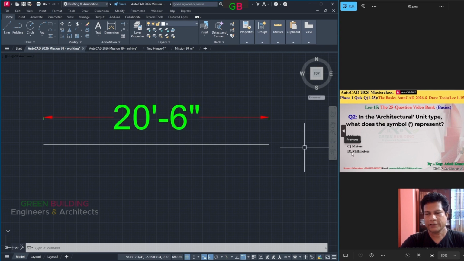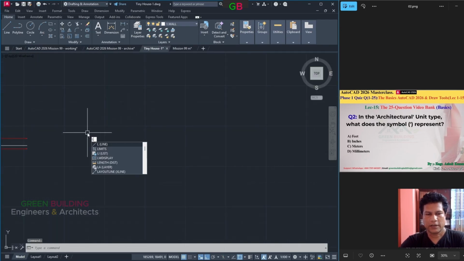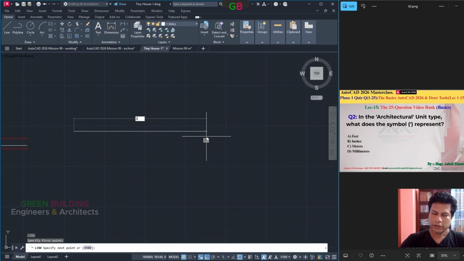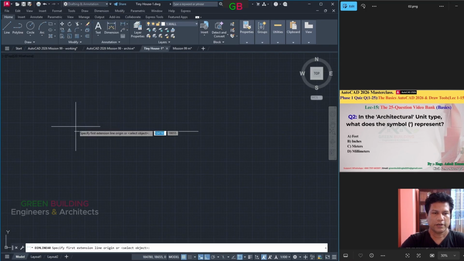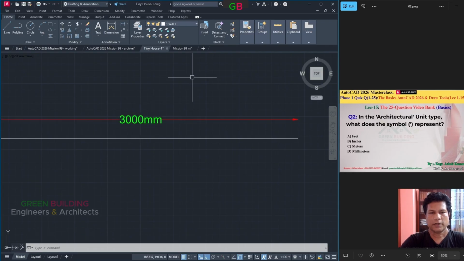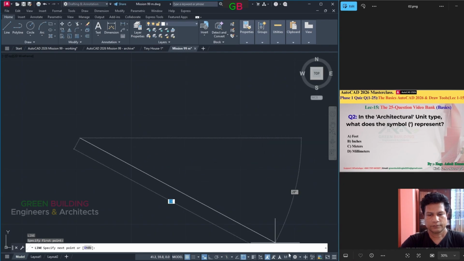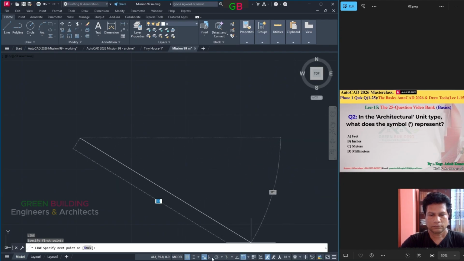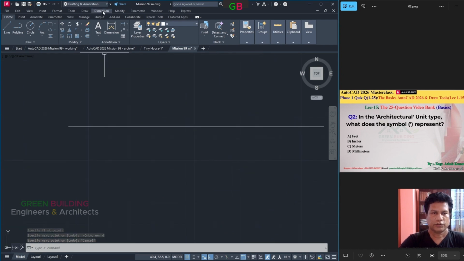C for meters, D for millimeters. That we will also check. Suppose I type again L for line, 3000 millimeter. Check the dimension, linear dimension, 3000 millimeter. Okay. And if I type L for line, 6 meter, press enter, check the dimension,